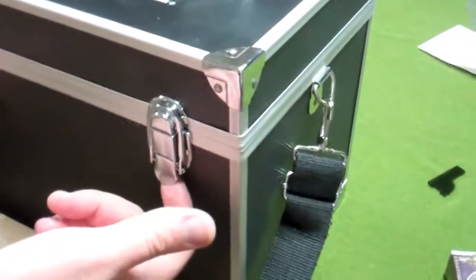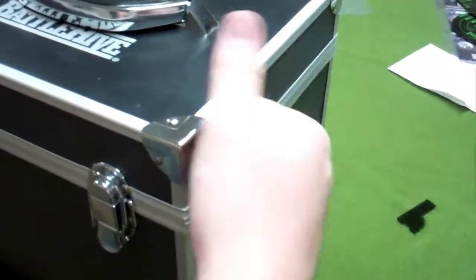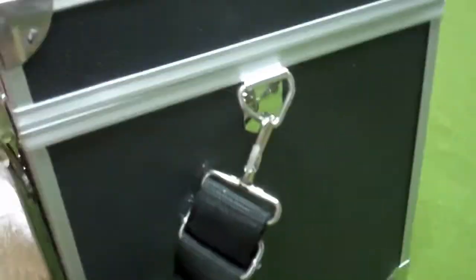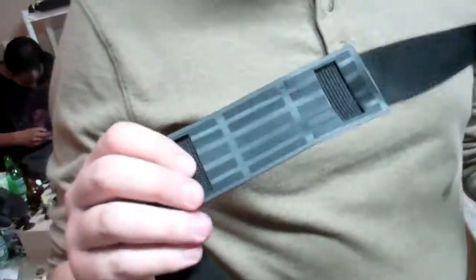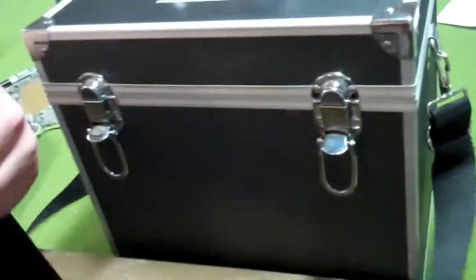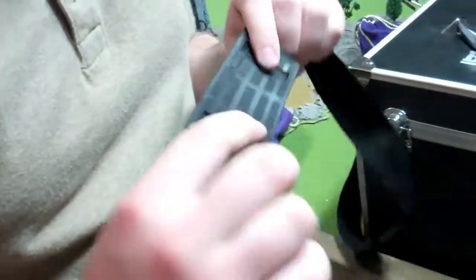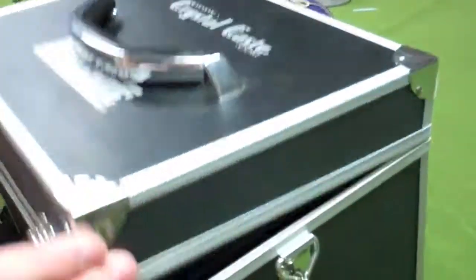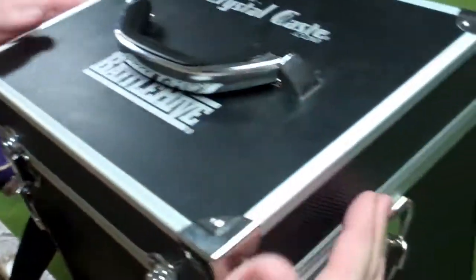Oh, like a steel container? What is this? It's aluminum. Okay, aluminum with some nice cast corners. Yeah, it's got some reinforced corners. Nice strap. Yeah, it's got a pretty hefty strap, much better than the Games Workshop strap. I wish this was cloth like the Games Workshop one, but it's rubber. Okay. Standard latch. There's no place for a lock, unfortunately, but that makes it easier to deal with for traveling